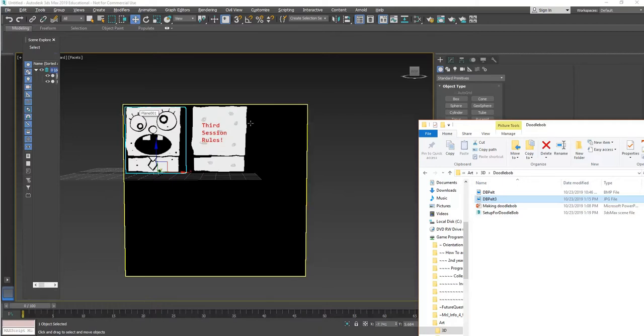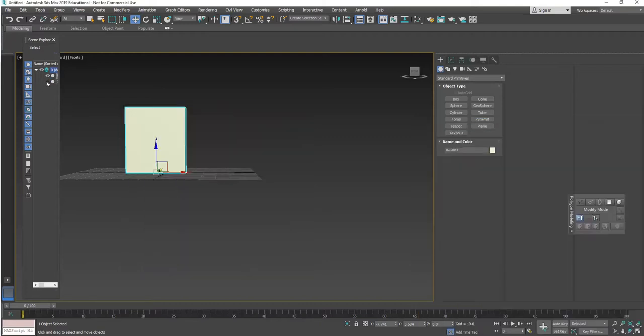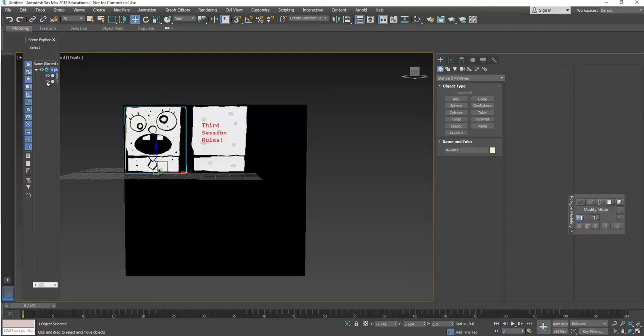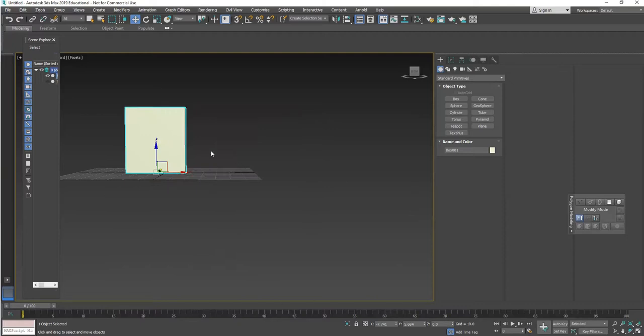I'm going to go back to, so now I've got my plane and I've got my box. I'm going to turn the plane off temporarily just to show you the box is still there. But right now I only have a 1x1. If you've created a box and you want to actually add some extra details to it, that can be done